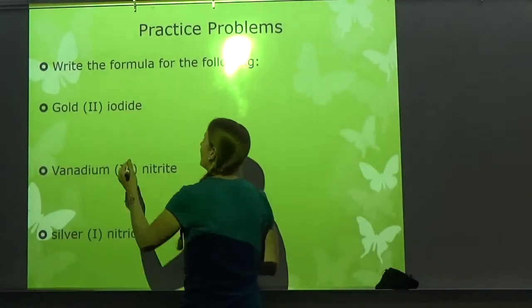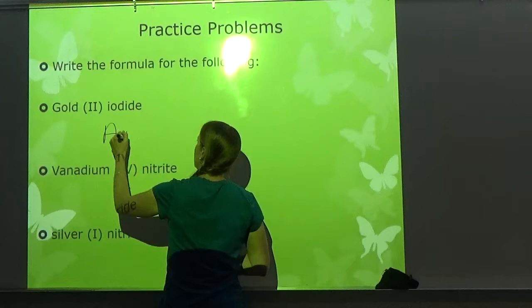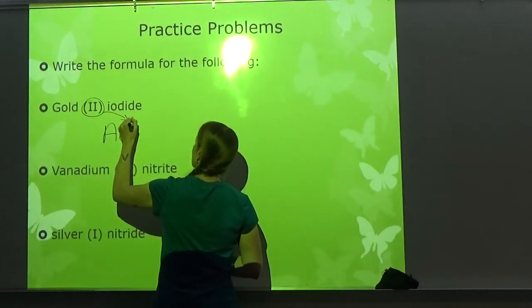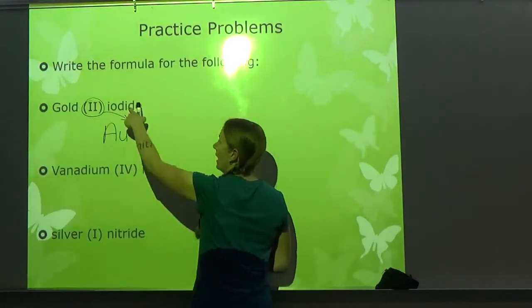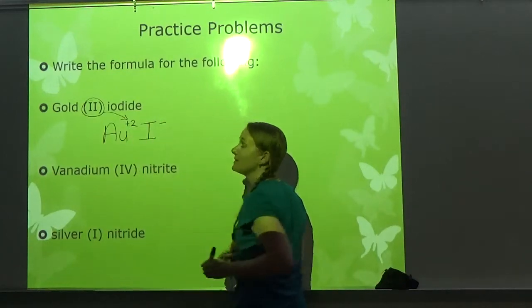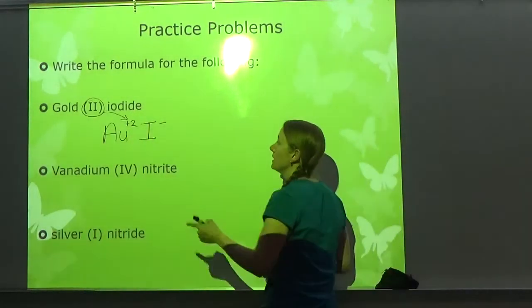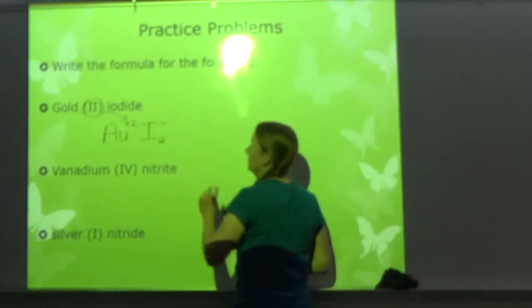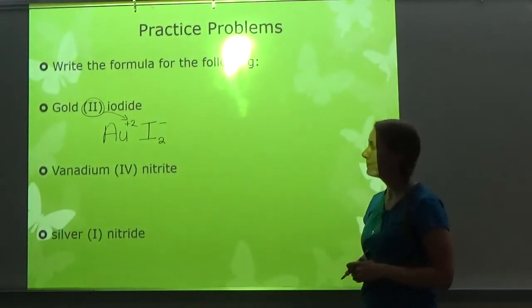So we have gold 2 iodide. So gold is Au. The Roman numeral is the charge, so it has a +2 charge. Iodide is I. It's in group 17, so it has a -1 charge. So I would cross my 2. So hopefully you got that one right. Next one